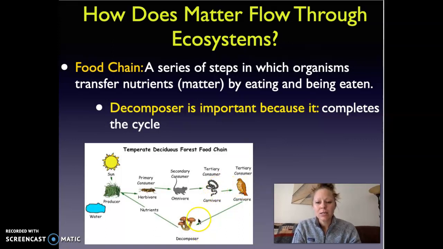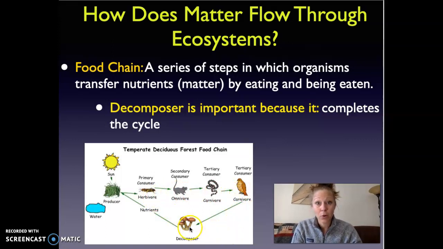So why are decomposers so important? Our mushrooms, some of our worms, the things that we often find kind of gross are so important. Bacteria, big deal, very important. What they do is take these pieces, the carbons, the hydrogens, the oxygens, the sulfurs, and break them down. When the mouse dies, the decomposers break it down back into dirt. All of the poop and all of the dead animals are going to become dirt again.